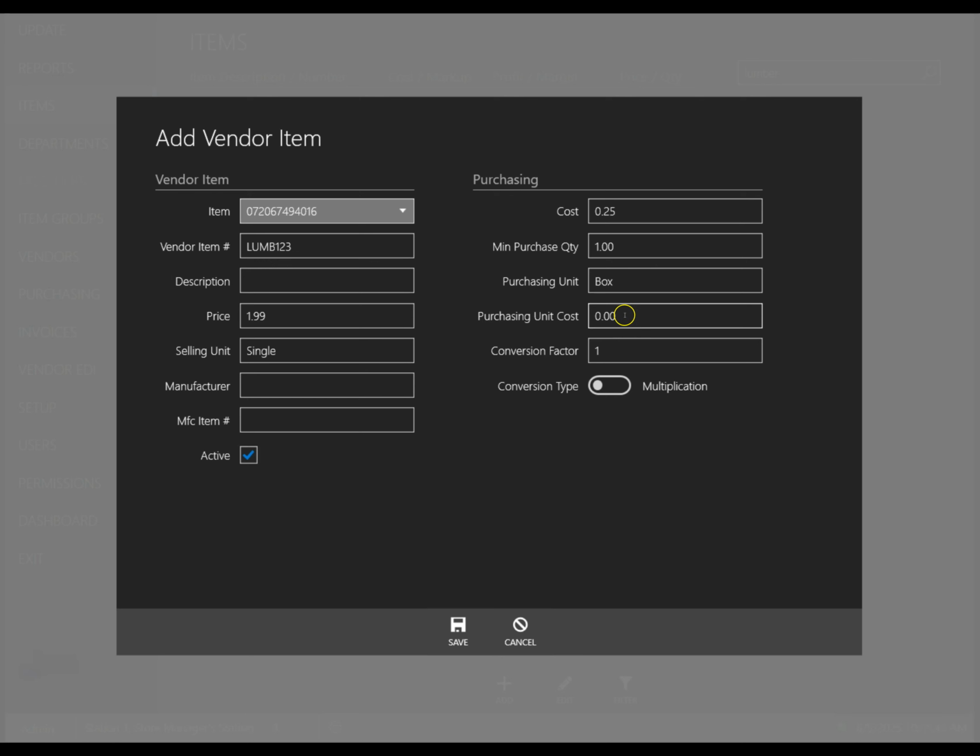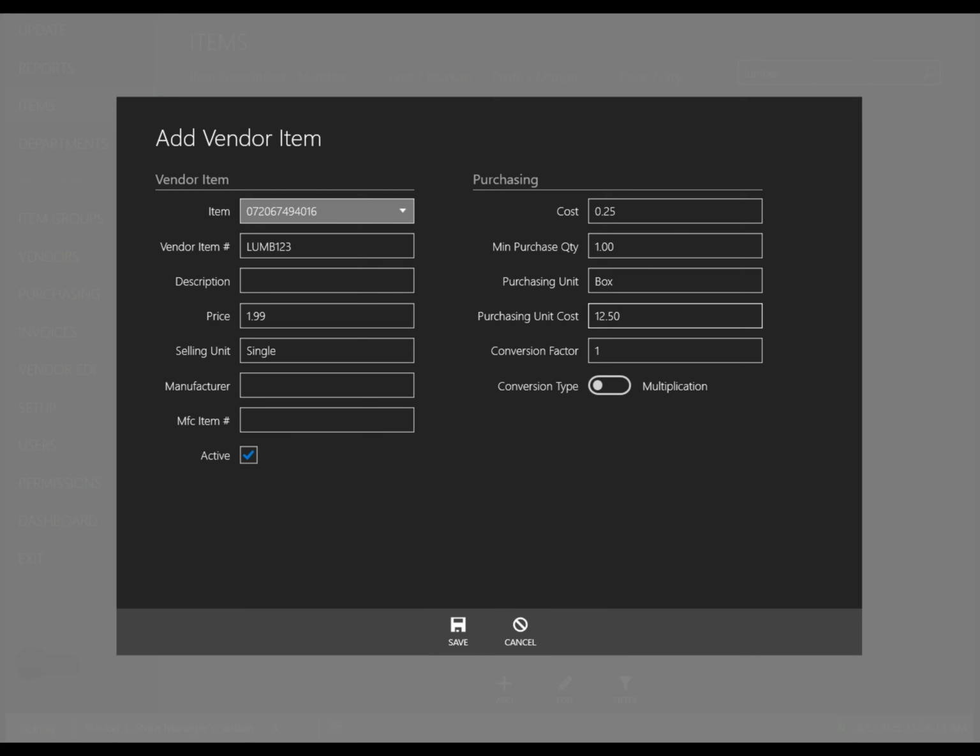factors. Conversion factors refer to the multipliers used to convert between different units of measure for a product or material. These are especially important when items are ordered in one unit, e.g. cases, boxes, but used or stocked in another, e.g. each, pounds, liters. For example, if you are purchasing this item by the box for $12.50 and the box contains